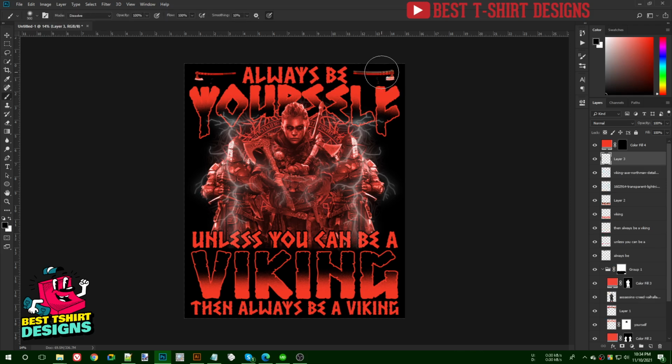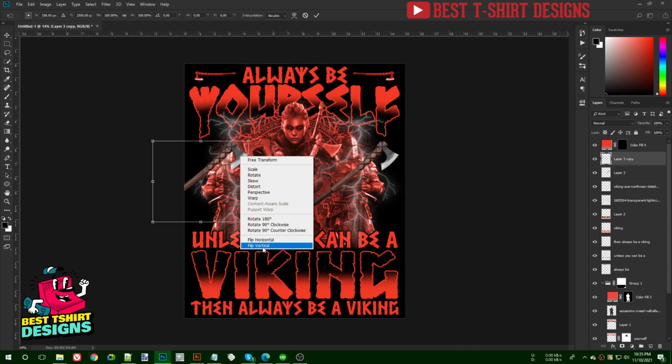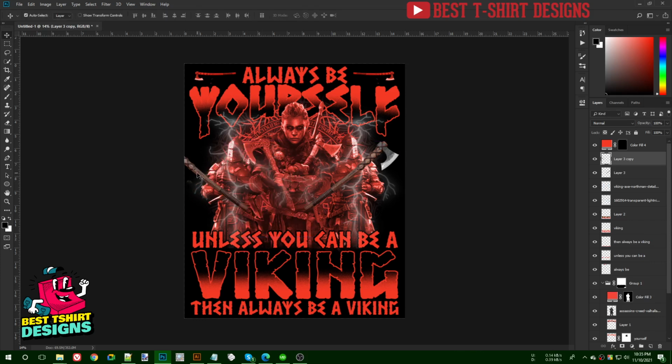Control C, Control V, that means paste. Sorry, not that one. So once that is pasted I am going to bring it in here, and then I'm going to make it bigger in size just to fill in this area. And then I'm going to select this one, make a copy of this, and this position looks good to me. So something like here, and then I'm going to of course merge them to make them one single layer.